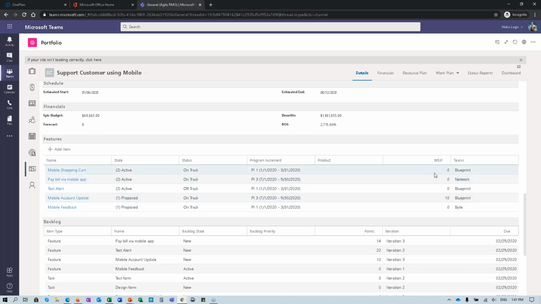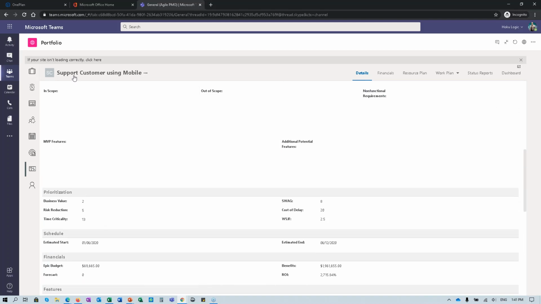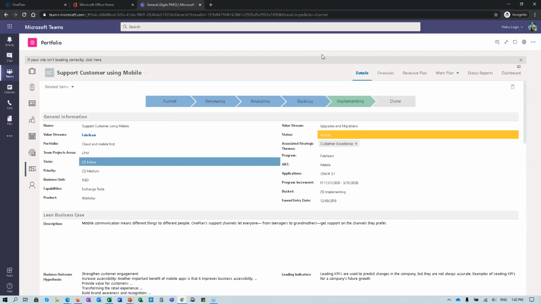and the WSJF value based on the calculation that I showed below, and what are the teams. So these are the features that are part of this specific epic. So I could keep drilling down, but I'm going to stop here so that we can go back up to portfolio, and also highlight that at the epic, and this is really where it's most important if we want to